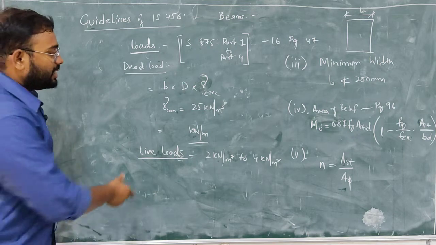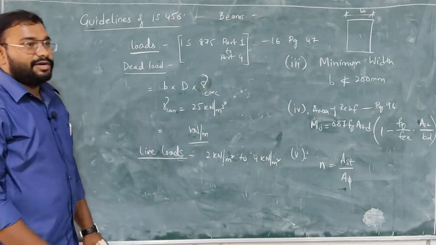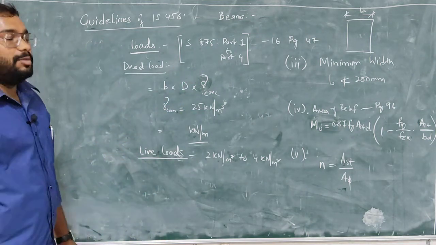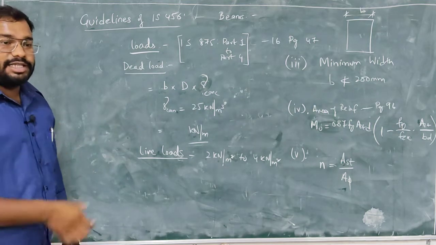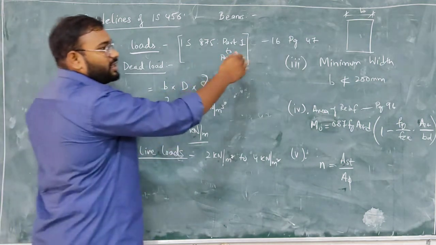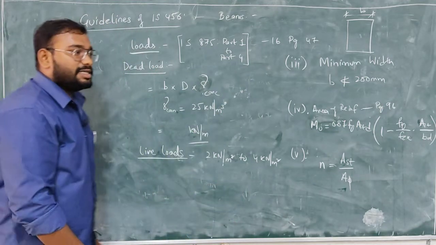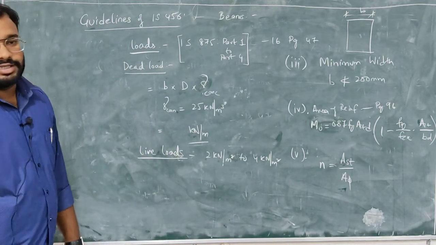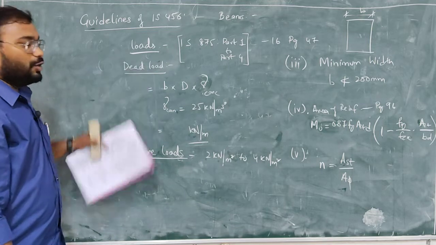Okay. So these are again mentioned in IS 875 part 2. You have a tabular form there. For different buildings you have different loads mentioned. So we will not discuss what are wind loads and what are earthquake loads, because that you will learn in advanced RCC. Here we have only dead loads and live loads.